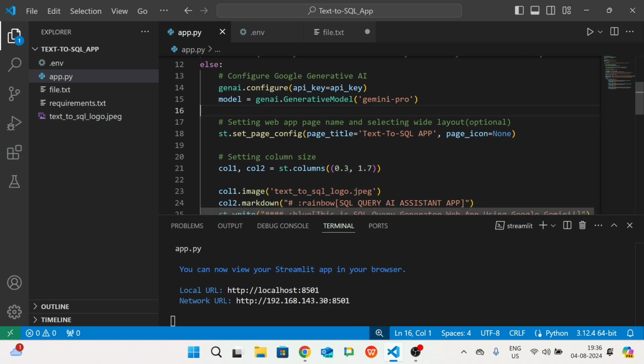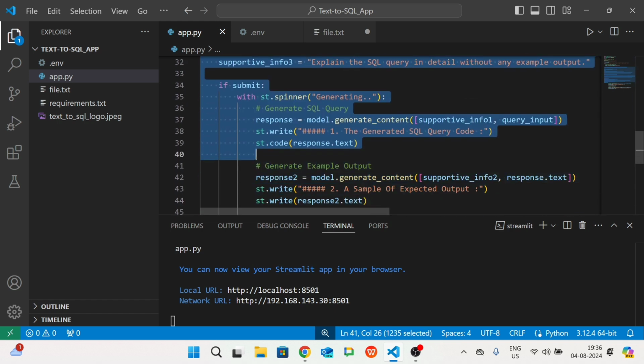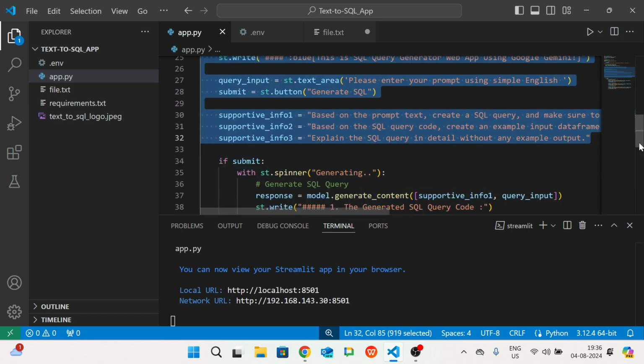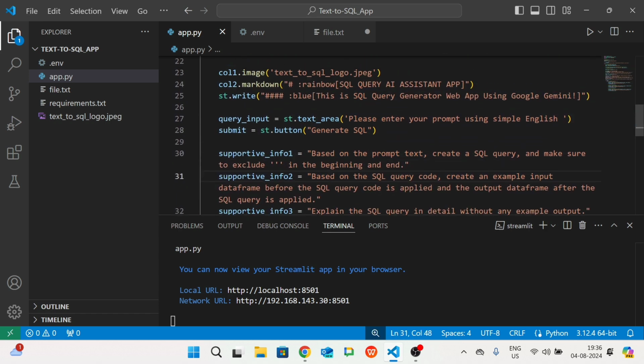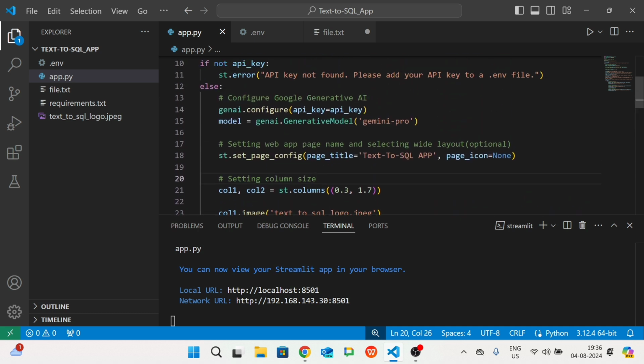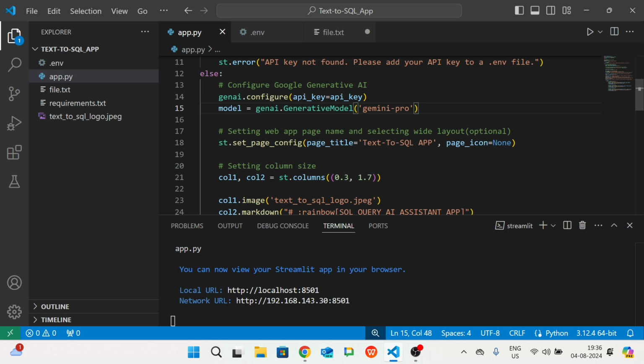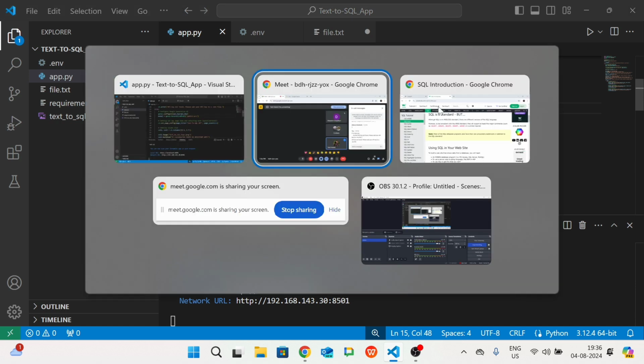And the further part will be of Streamlit, which I will explain in very simple language. So I hope it is clear that we have initialized the model to use Gemini Pro, which is our generative model. And further, we will be moving on with the Streamlit application.